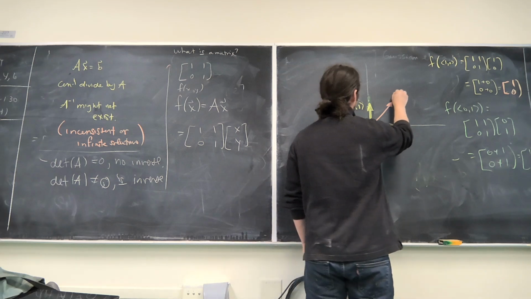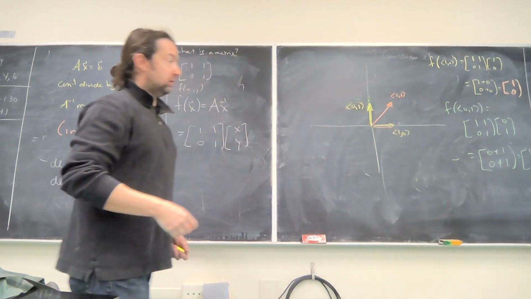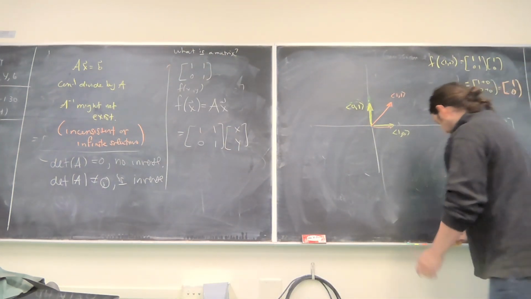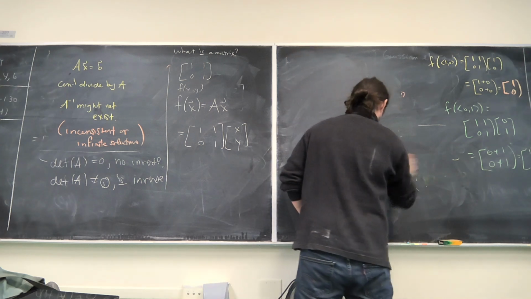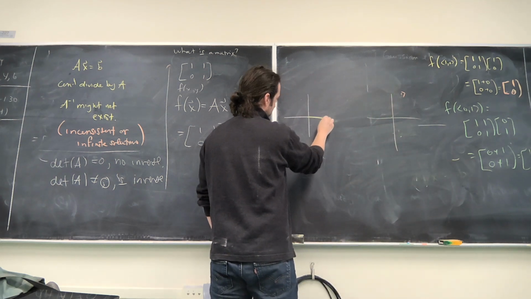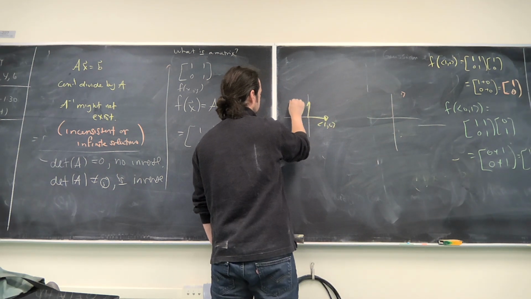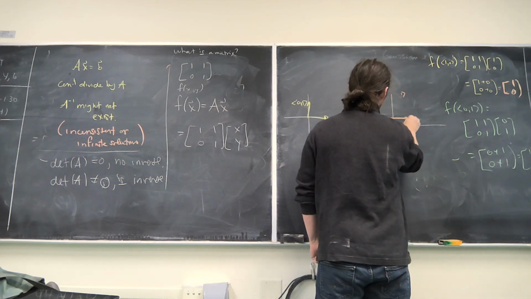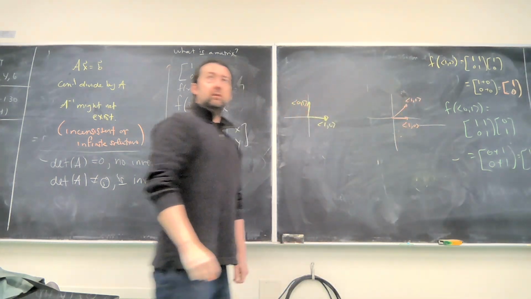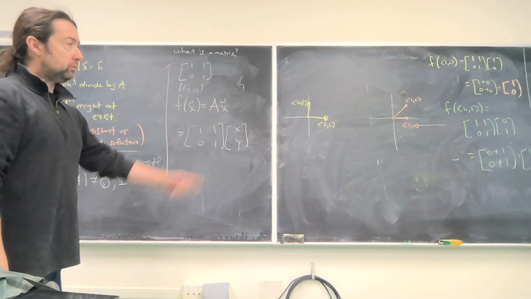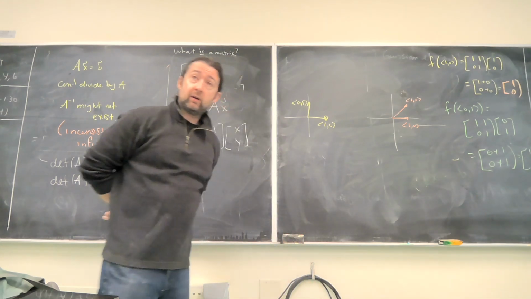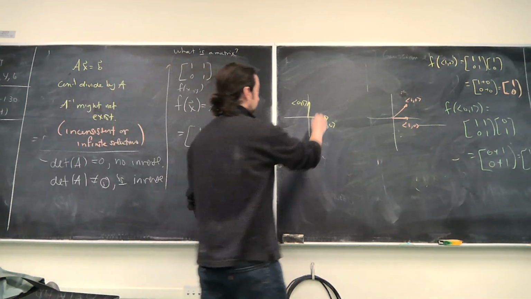So one way of thinking about what this function has done is it's taken our original input space. Maybe I'll draw this in two pictures so you can be more clear about what's going on here. I'll put a picture here and a picture here. My input vectors were 1, 0 and 0, 1. And the output vectors were 1, 0 and 1, 1. So now my question is, what would this linear transformation, this linear function, have done to a square? If I had started here with a square,